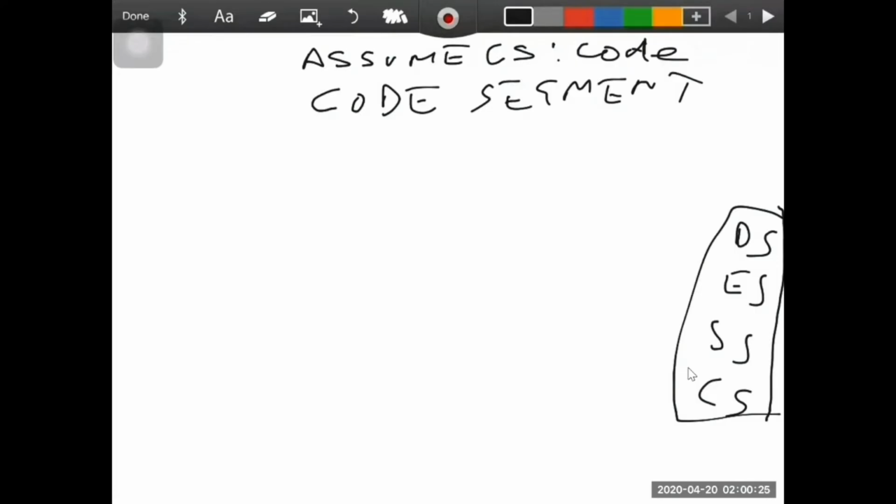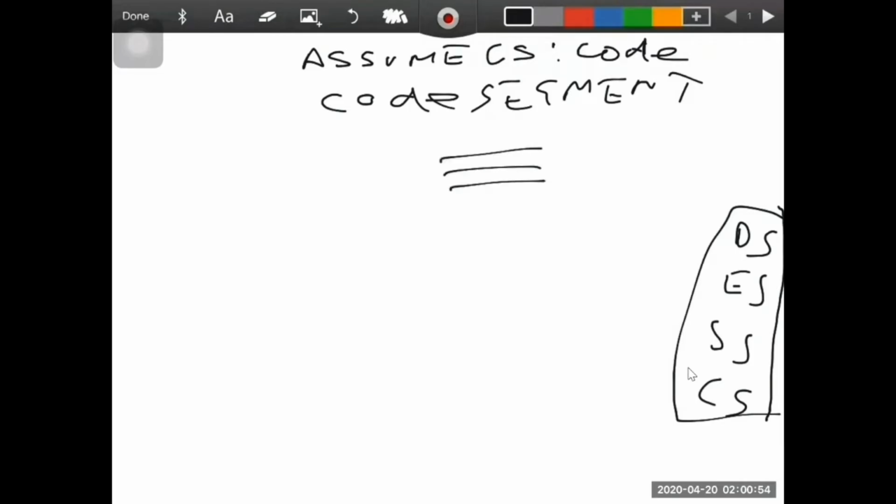So the 8086 program may have several logical segments, but at the time of execution we work directly with only 4 physical segments, which we have discussed. Now afterwards we are writing code segment. So we can write that as CODE SEGMENT.